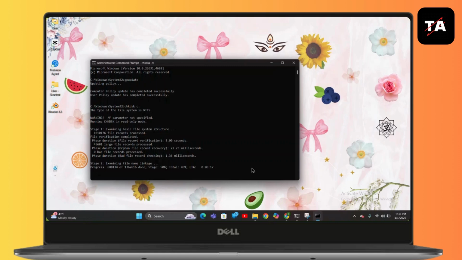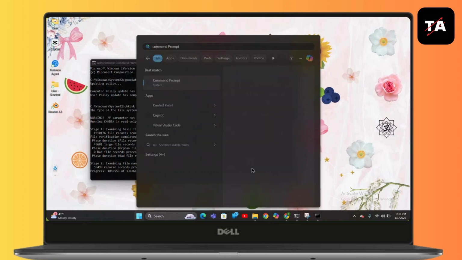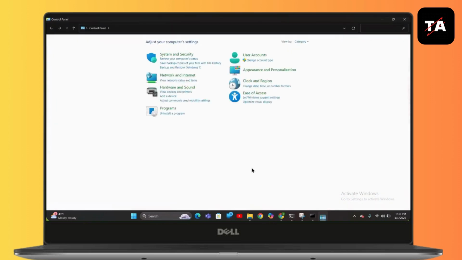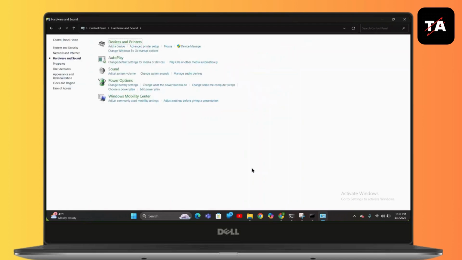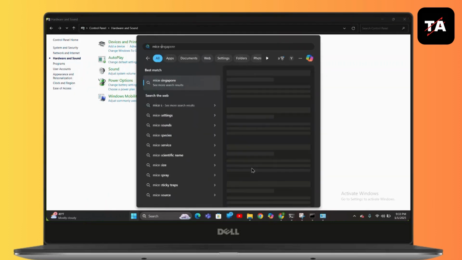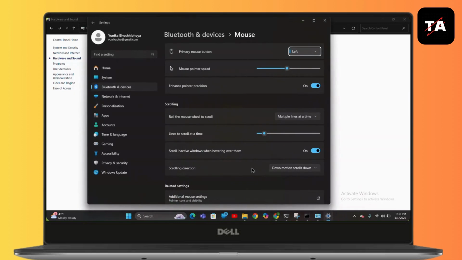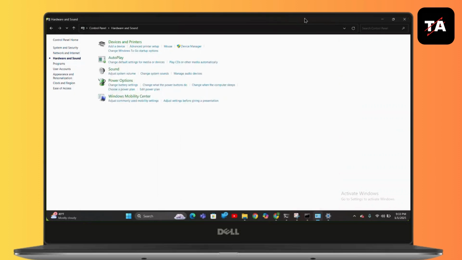If the problem still exists, simply go to your start menu and then search for control panel and then open it. After that, go to hardware and sound. Or from the start menu, you can simply go to mice setting or mouse settings. And from there, see if you can uninstall the driver, or simply uninstall the driver using device manager,